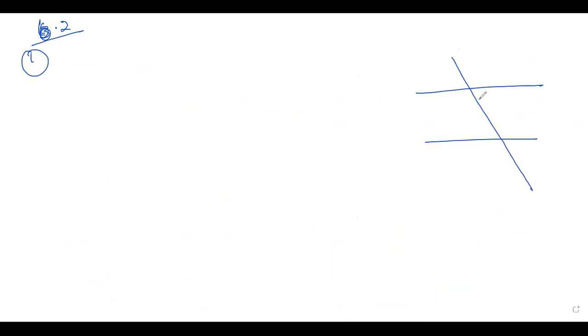Next one, children. Exercise 6.2. In that first one, they have given parallel lines here. It is AB, the line CD. Both are parallel lines, children. Draw neatly. They have given one angle that is 50 degree. You have to find the value of x. Another angle is 130 degree. So easily you can find all the remaining angles.